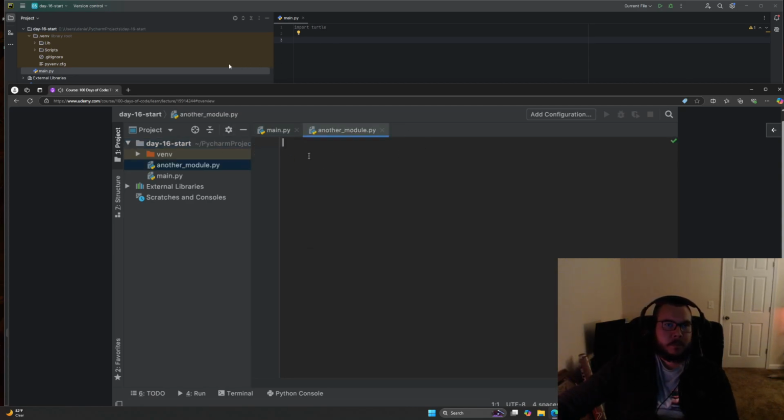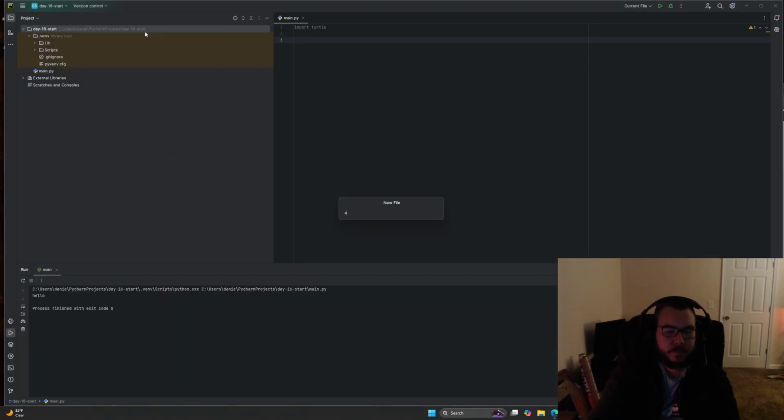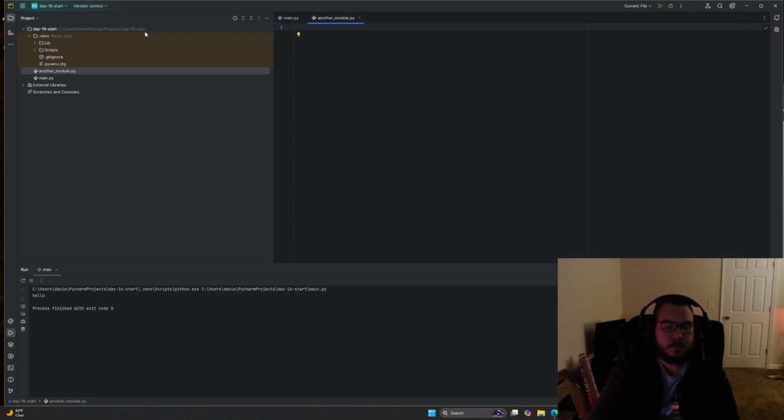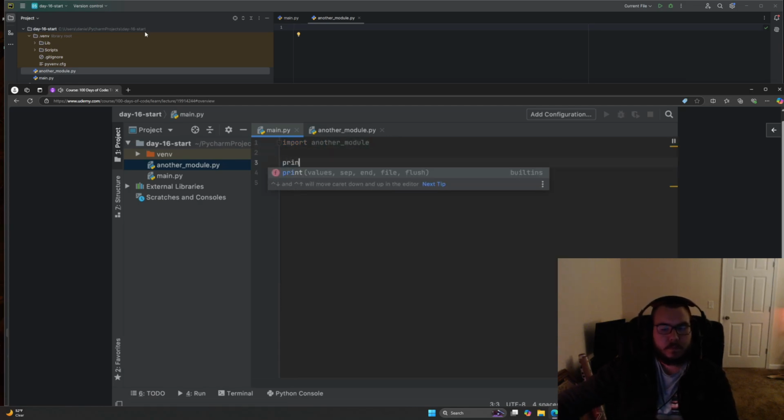Now inside another module, let's say I create another variable. And now I can go back to my main.py. I can import my another module I just created, and I can